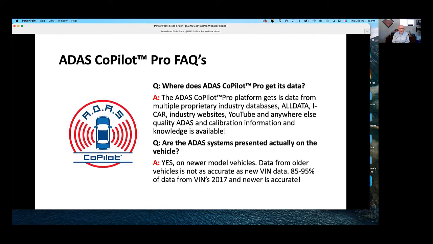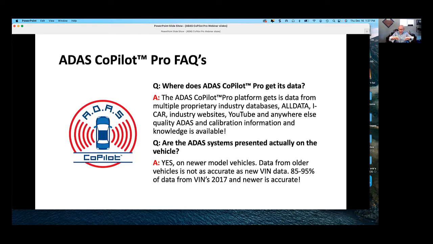So, some FAQs. One of the first questions I get from people is, Terlep, is this build data? Well, the answer is yes and no. We do get some build data from some manufacturers. For those of you who know a little bit about it, build data is not the cleanest data you can get in terms of usability. So we do get some build data. We do get a lot of our information from window sticker data from vehicles that are sold.